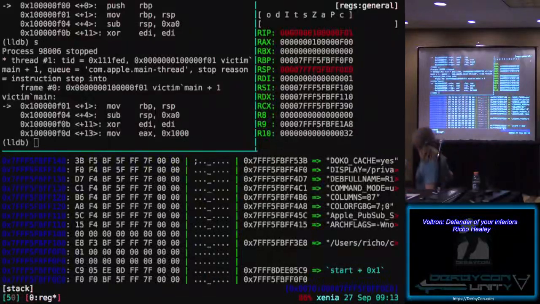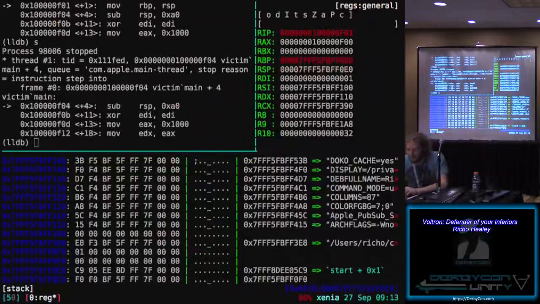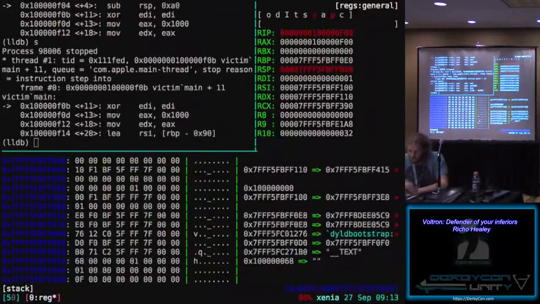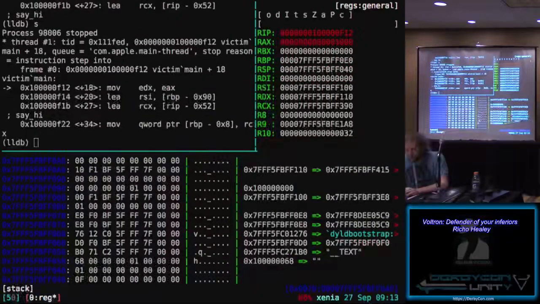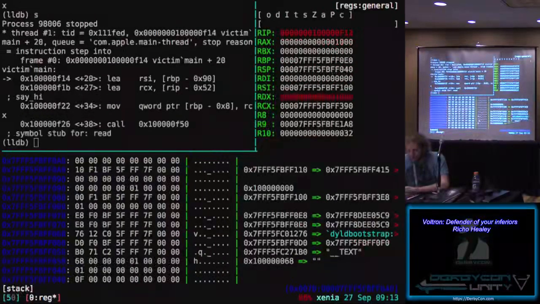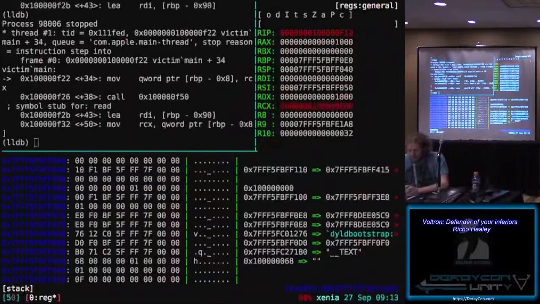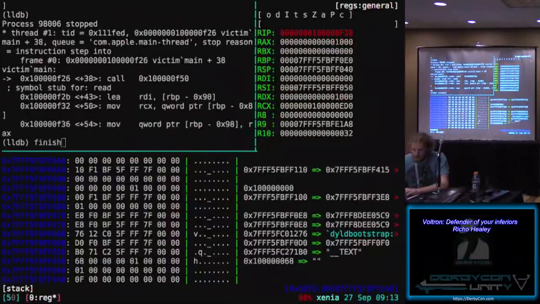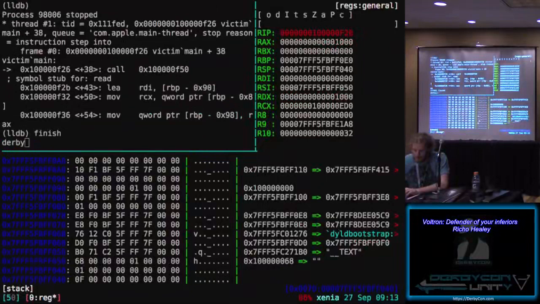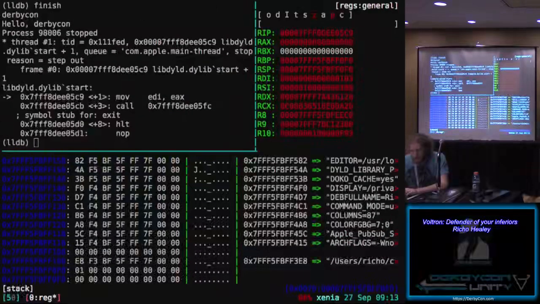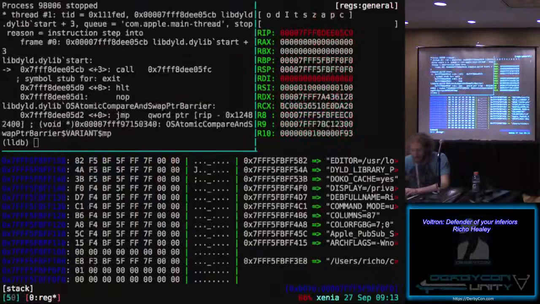So this is the old frame pointer that is just pushed onto the stack, and you can see that it's changed the stack pointer. As we step through, it's allocated a bunch of room on the stack. It's setting up the arguments for this read call, not super important. And so we step into this call to read. I'm just going to step out and say DerbyCon. So now it's stepped back into the main function, and then as we step over it,